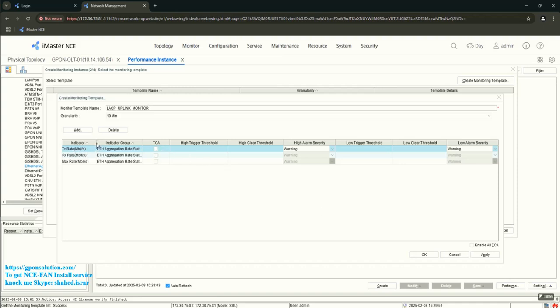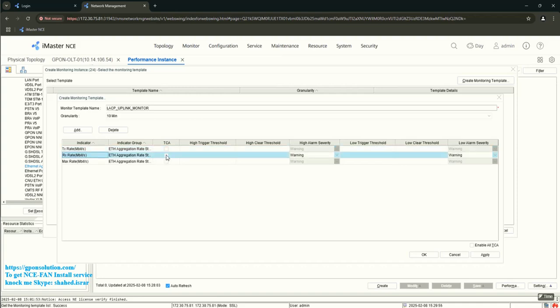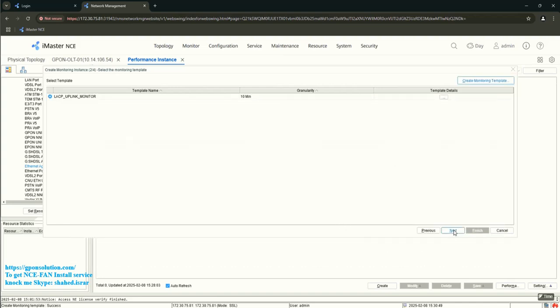If you want to set a policy, like for TX, RX, your bandwidth, downstream bandwidth, TCA, warning, and this value will trigger here, percentage value, your bandwidth. Sorry, here it is in megabits, so the value is in megabits. And high trigger and high clear, low trigger, low clear. So I want to keep it as it is. Apply. Okay. Then next,